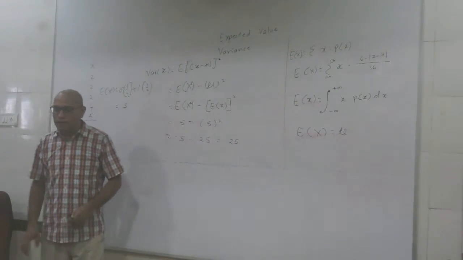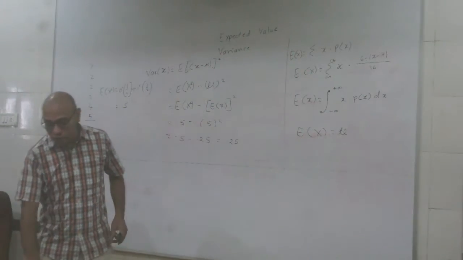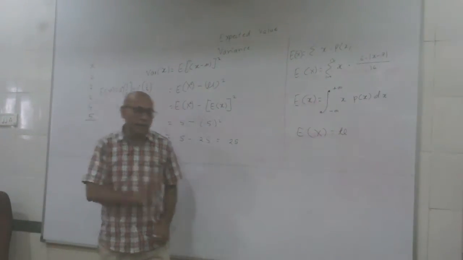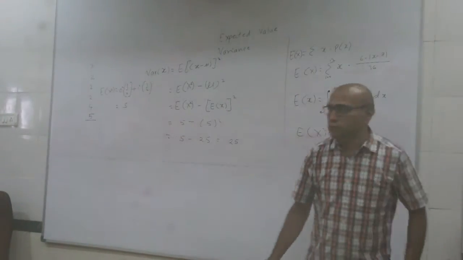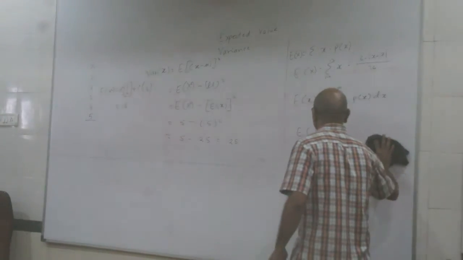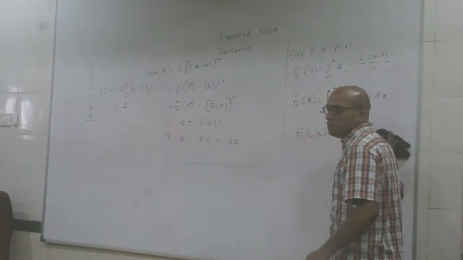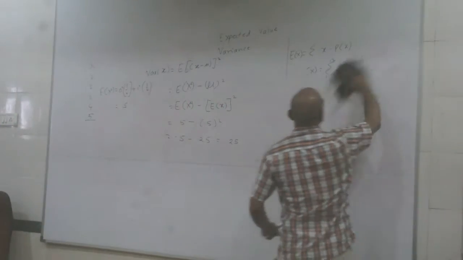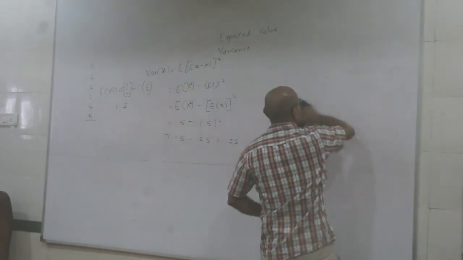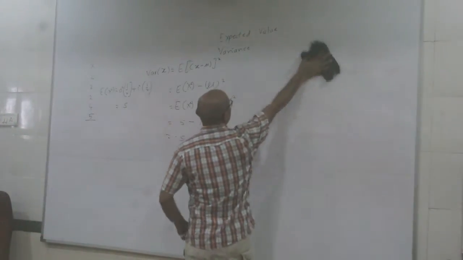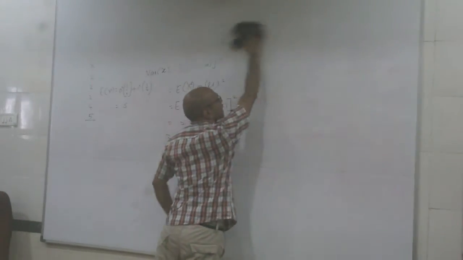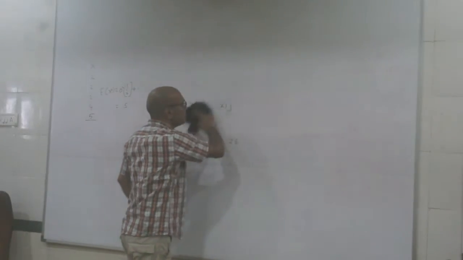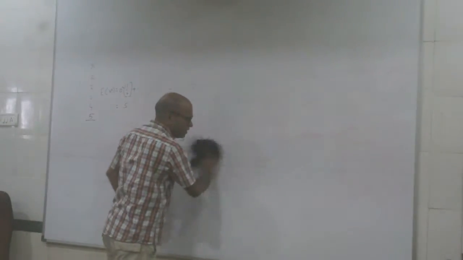Now let's look at the types of random variables, discrete random variables and continuous random variables. Yeah. So now we look at discrete and continuous random variables. Let's start with discrete random variables. Random variables broadly are of two types. One is called discrete random variables, the other one is called continuous random variables.